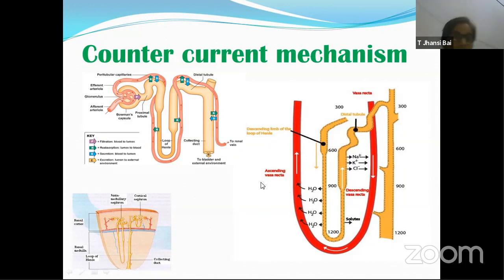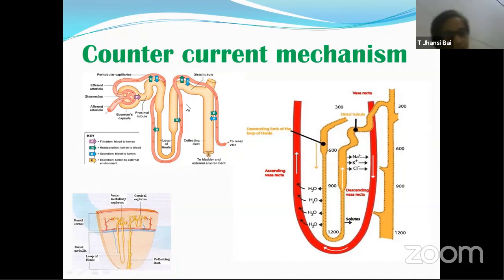Once again, let me recapitulate very quickly. What is this countercurrent mechanism? First and foremost, there is a connection with the space in between the nephrons in the kidneys, which we call the interstitium. The interstitium is filled with water and other solutes, namely sodium, potassium, chloride and a small amount of urea. From where is that urea coming? It is reabsorbed through the collecting duct over here.